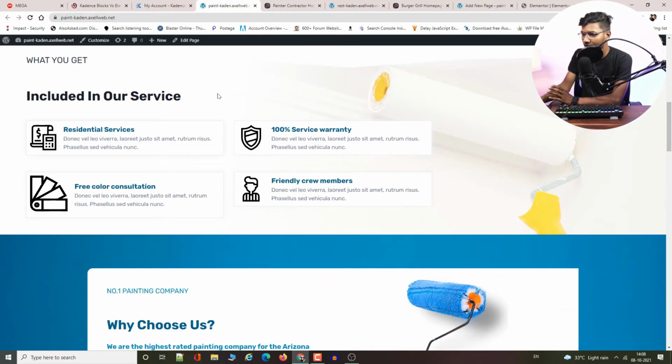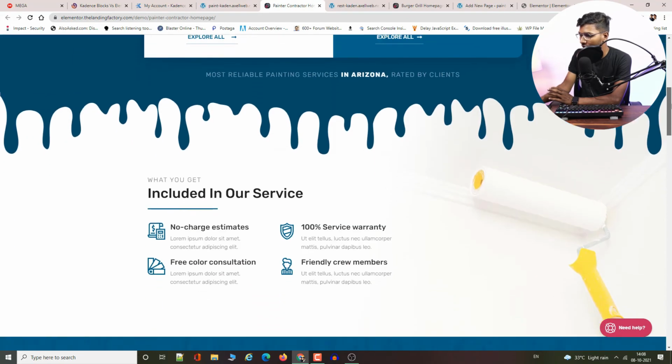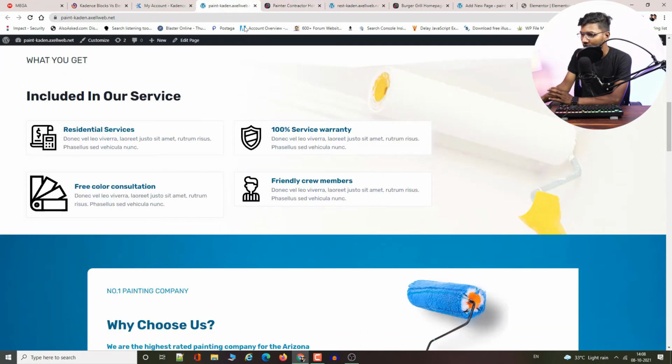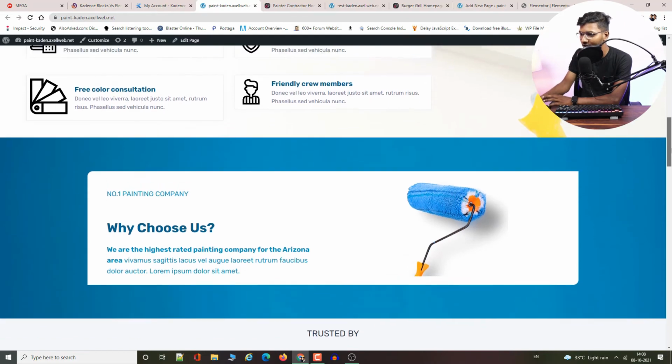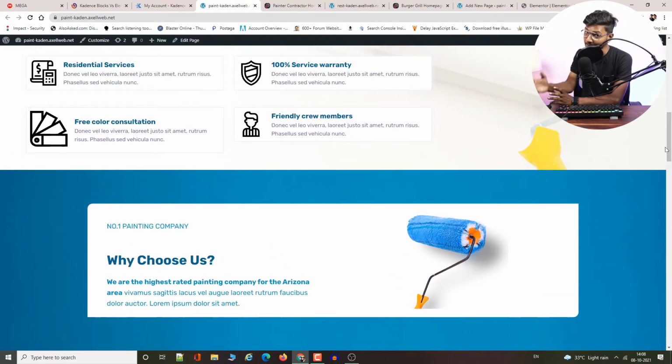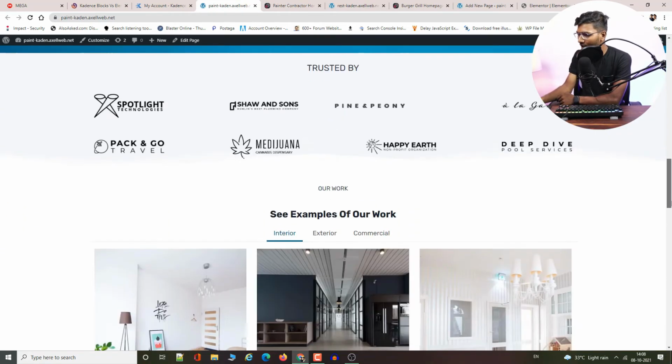Then we have these things, and here we also have these things. I know the padding is not correct, because this is a rough design I created. I haven't given too much time to it. I just created it because I wanted to check the same page design speed with Elementor and with Cadence blocks. So almost the same design.